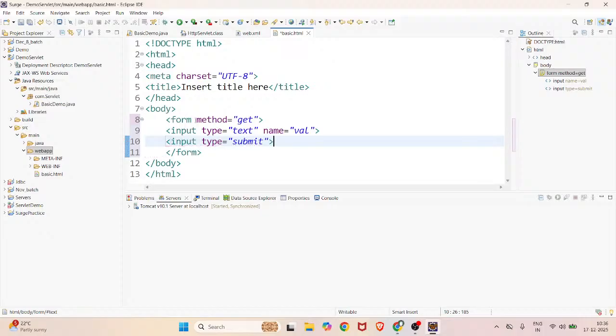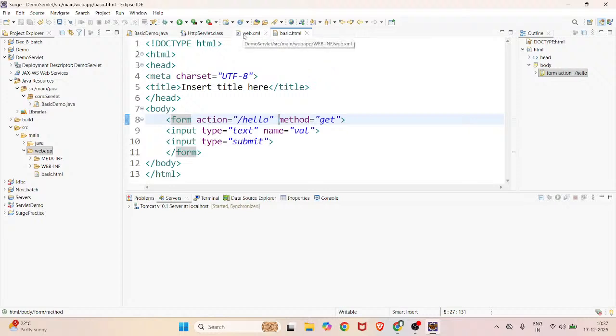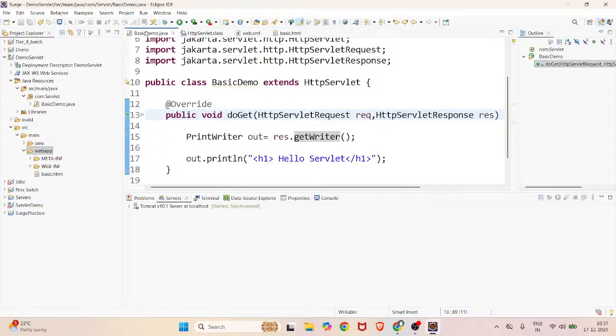Here we have to go with one attribute, action. That means on submit, what action you have to perform. Here you have to mention the URL that you mentioned there, hello, right? This is the way you can run it. And now in the servlet, I am trying to access that value here, right? My value is